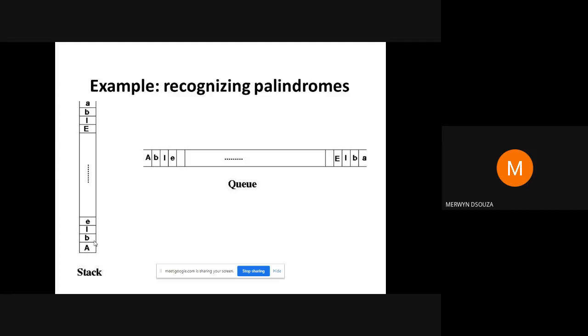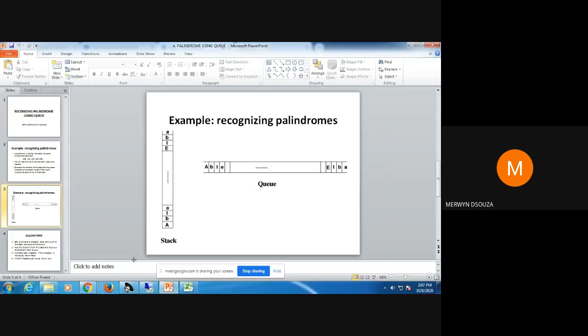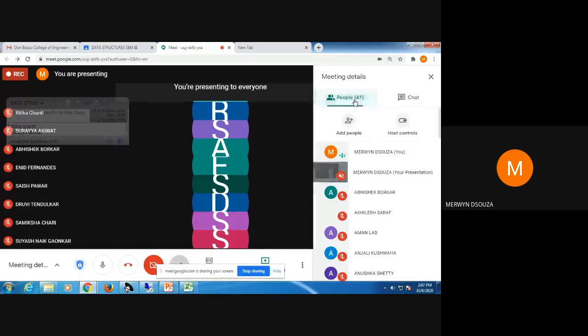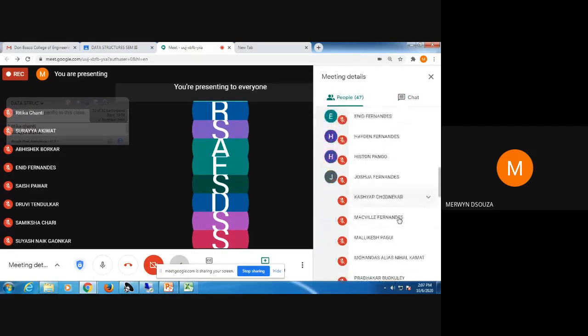Once you've stored the string inside the stack and the queue, the next step is to pop the topmost element from the stack and delete one element from the queue. Whenever deletion happens in a queue, deletion happens at what end of the queue? Can you type in the chat? Deletion and insertion in queues, at which end does it happen?